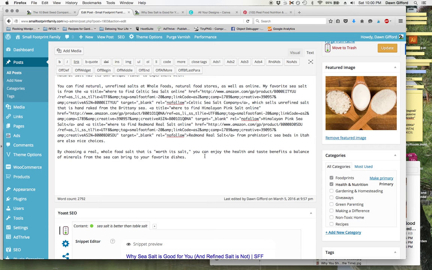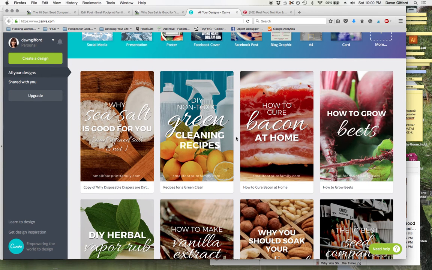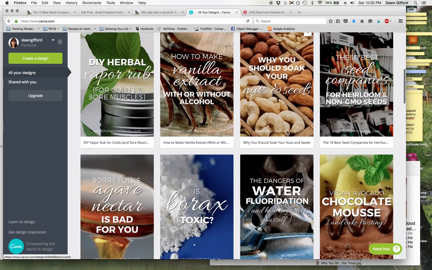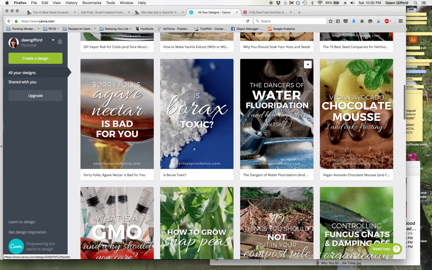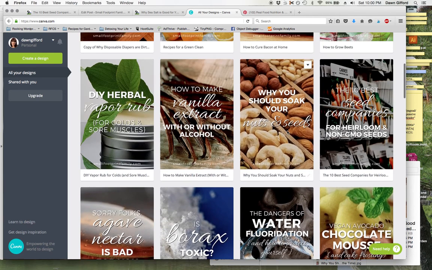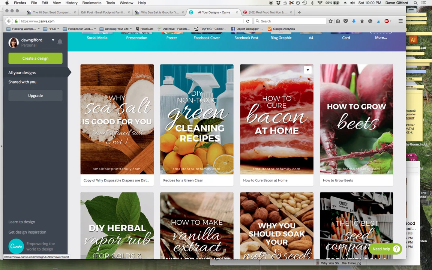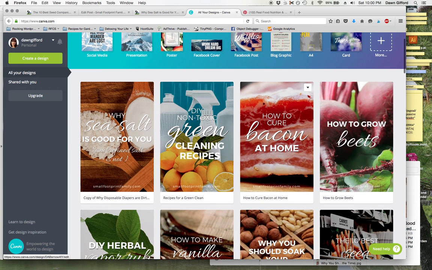sized image. So I do most of my Pinterest images in Canva. I really like Canva because they have great templates, and it enables me to create lots of Pinterest images that all have that branded Small Footprint Family look that I'm going for. Because this way when people see my pins in their feed, because they're branded, hopefully they recognize it as a Small Footprint Family post. And then when you look at my boards, especially the board just for my blog, everything has sort of a uniform design, which I really like. So I created a Pinterest pin for this post already,